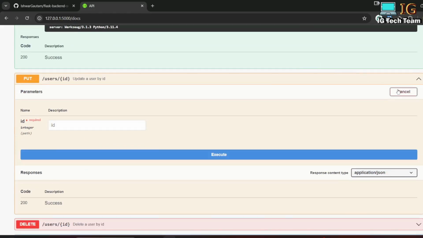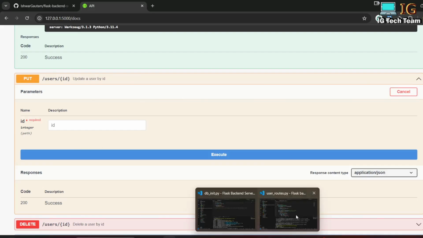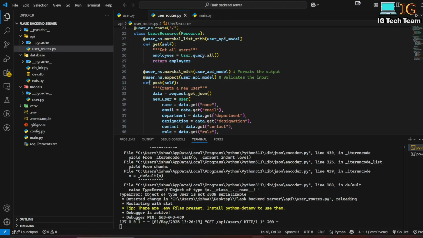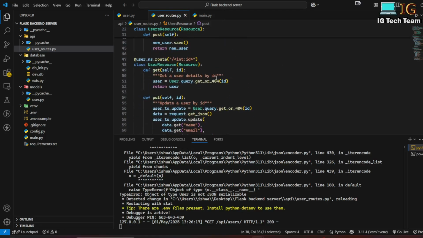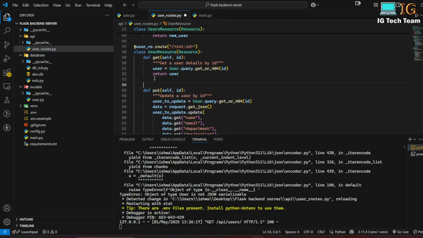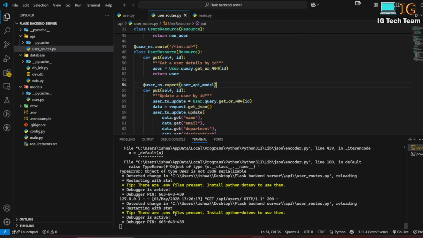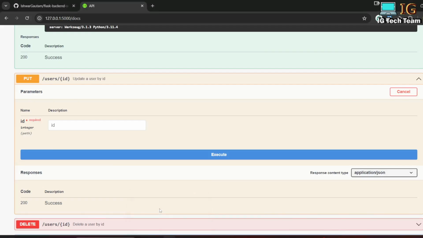Here I can click and try it out, and again there is no payload example. So for this PUT request also, I can go to here. In fact, I can copy this, Control C, and in this PUT request I can put expect, so that I can get my payload example. Now if I go to my API document here, and if I refresh this,